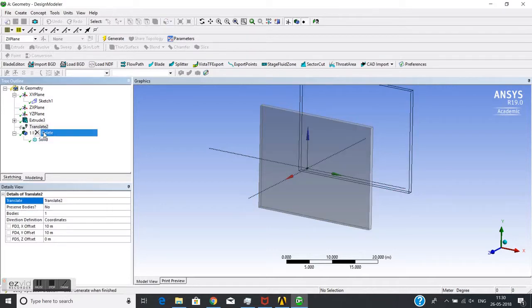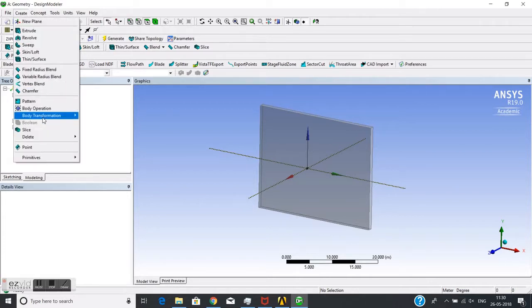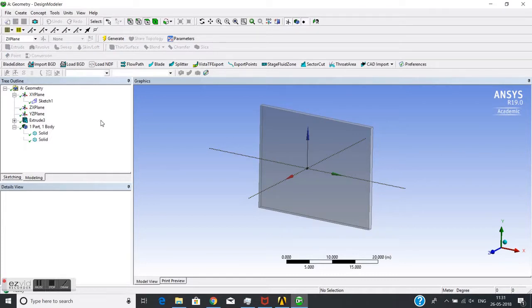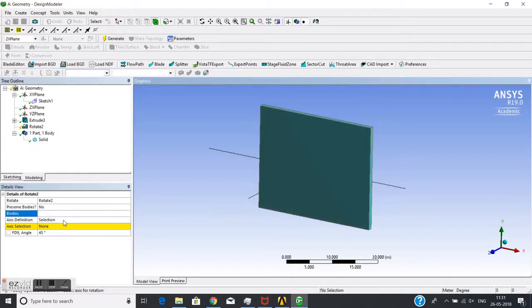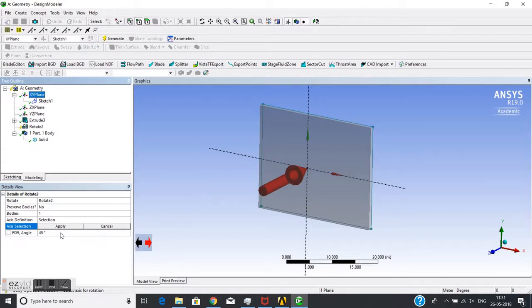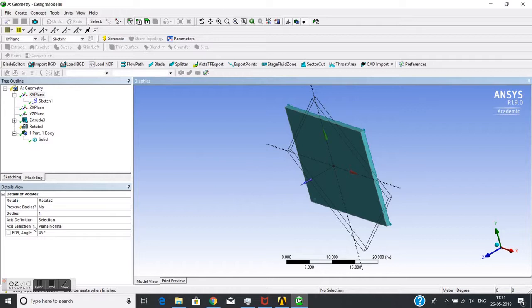Okay, we will see now body transformation and rotate. Rotate is also the same as translate. Same, there is an axis selection, plane selection. I'll just show quickly this body. If I choose XY plane, now normal to XY plane will be the axis of rotation, and this is the angle of rotation. Then I generate,